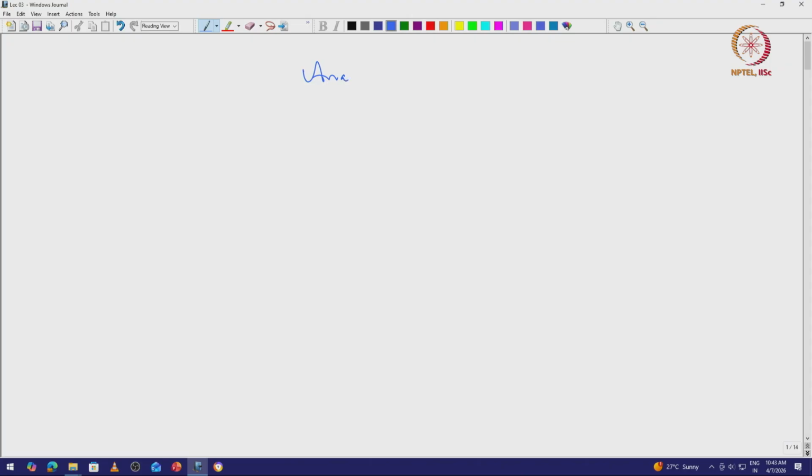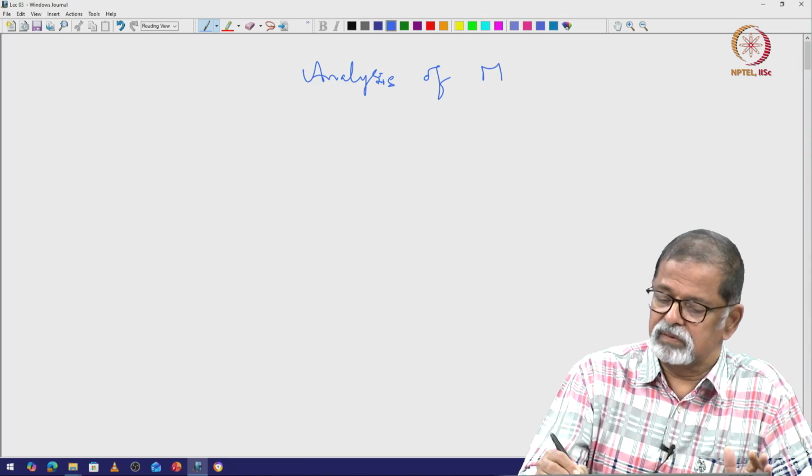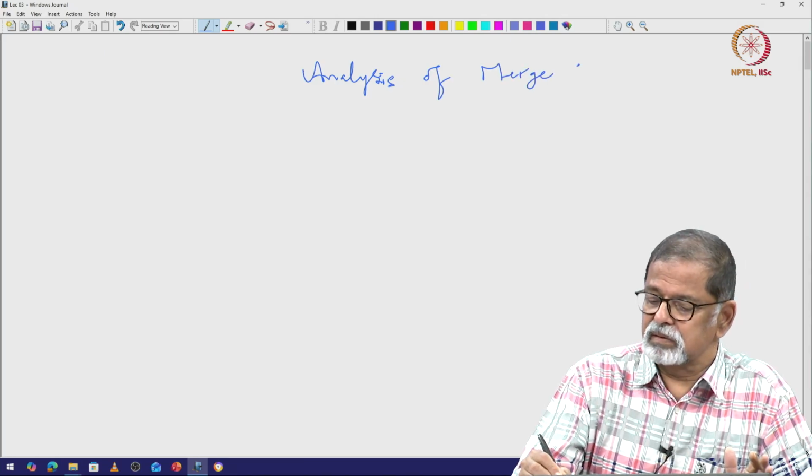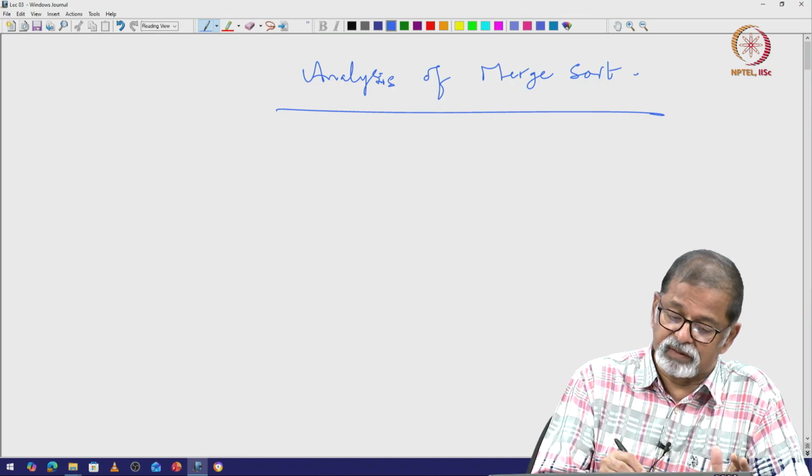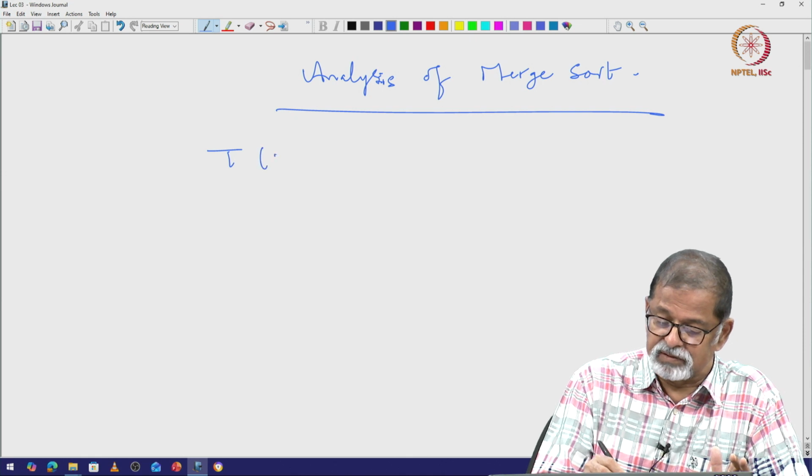Namaskara. In this session, we are going to analyze the merge sort. Analysis of merge sort. We have seen that the complexity function of the merge sort algorithm is given by the recurrence equation